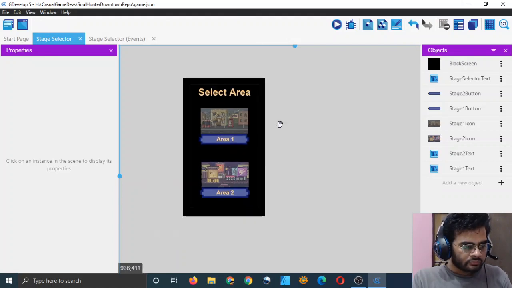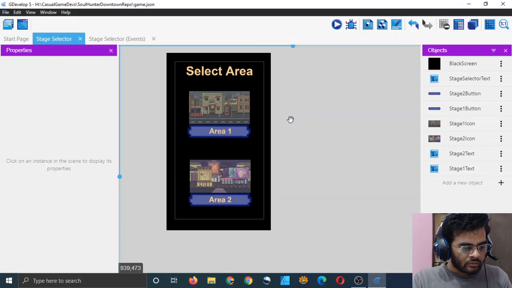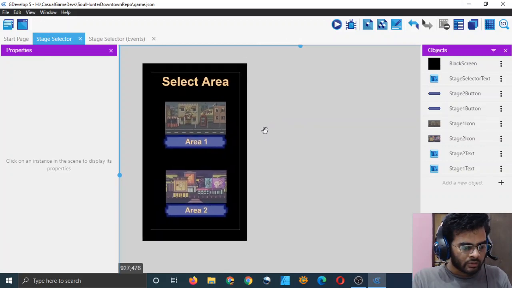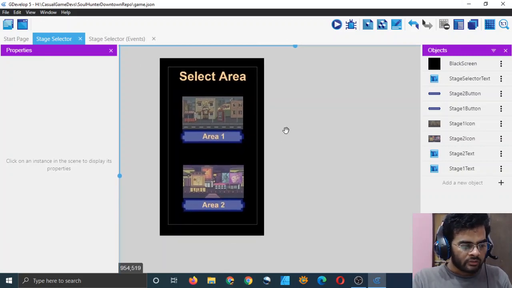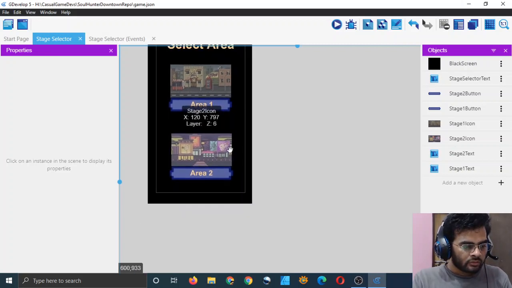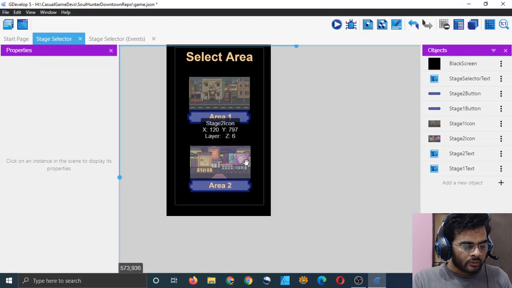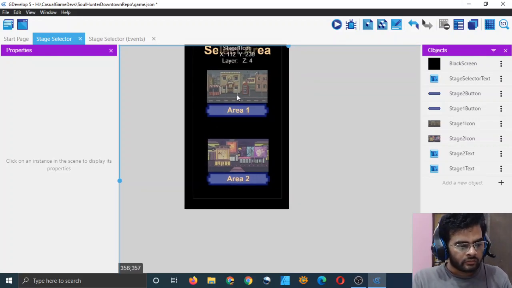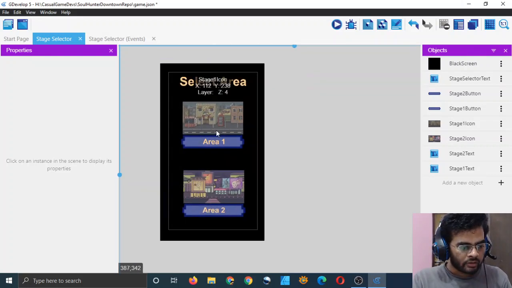Right now I'm not going to add another area, but I will just show you how you can add a scrolling system here. That will be a good thing to know, because suppose you want to add 10 areas, it will not be contained within this.